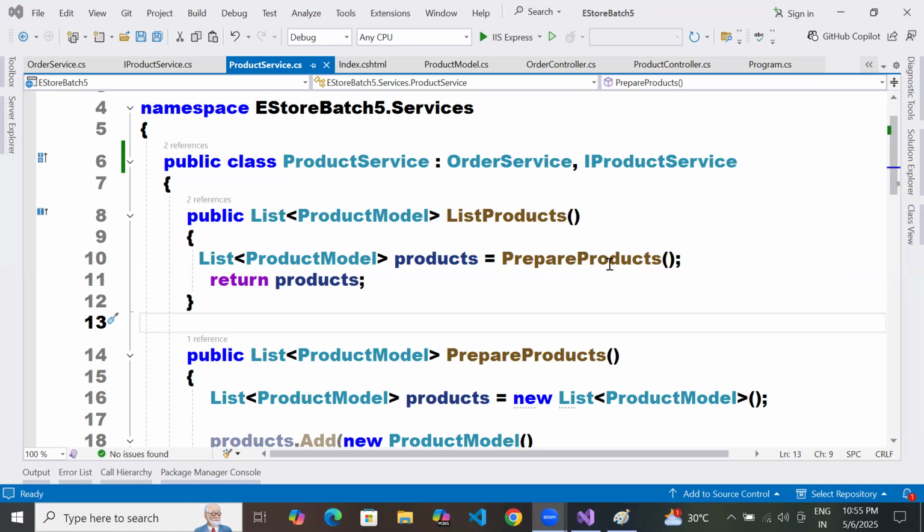Okay, super. Subhajit, so sorry to cut you. So what was the question actually? Here we can achieve that multi-level inheritance of interface.